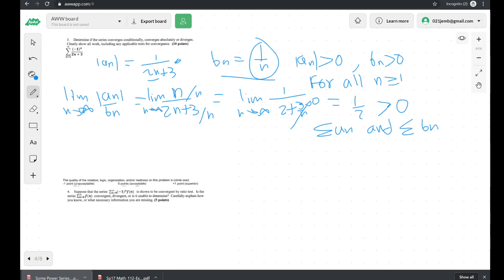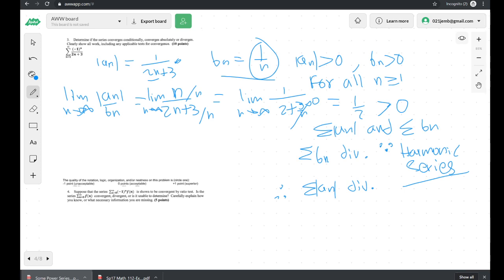It's a harmonic series, so the sum of b sub n diverges because it is a harmonic series. So that means that therefore the sum of a sub n, the sum of the absolute value, don't forget,